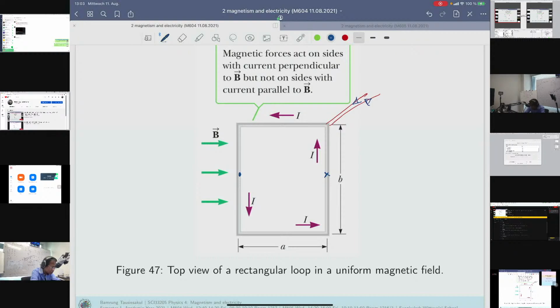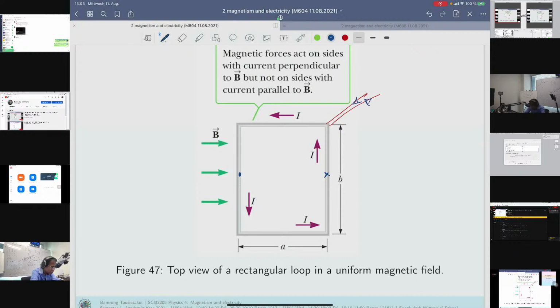How could we conclude that the force on the left side is pointing upward, and the force on the right side is pointing downward from this figure? Okay, you just follow the idea